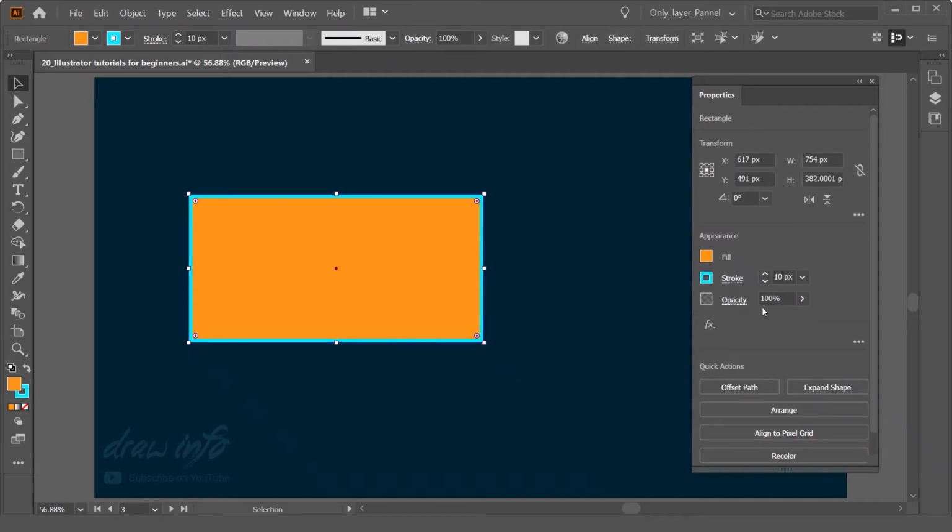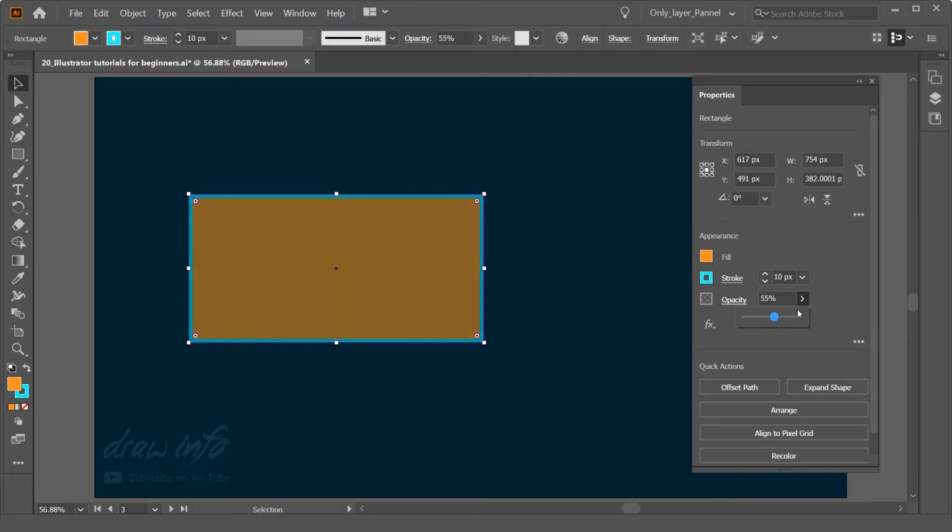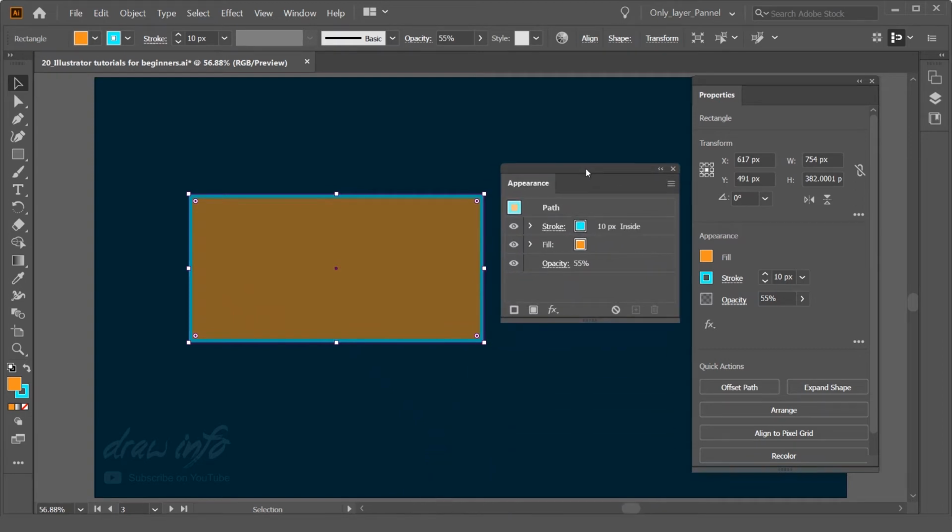Then here it is opacity, so you can control the shape's opacity by changing it from these options. You also have 3 dots over here, where you can see the appearance: stroke, fill, and opacity.